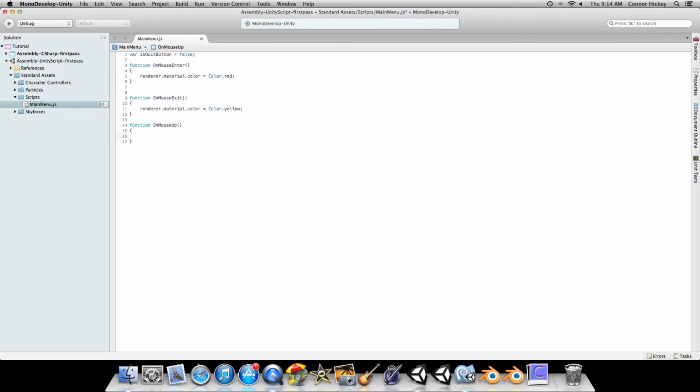And this if-else statement is if, and this is where the isQuitButton comes in handy, isQuitButton. Make sure you have it spaced right there. And then we add our curly brackets. And then we say Application.Quit, and that is all. And then, if we save this,